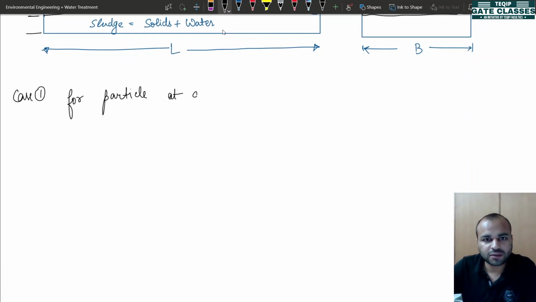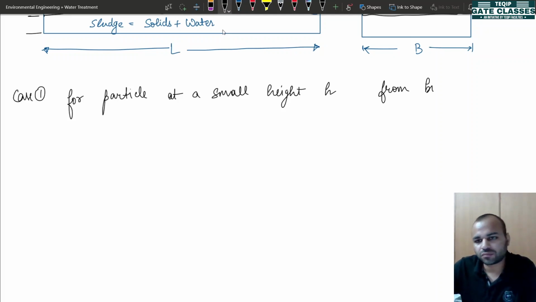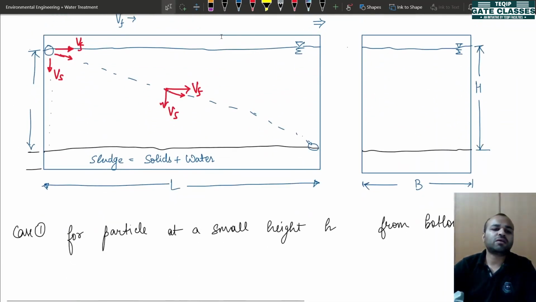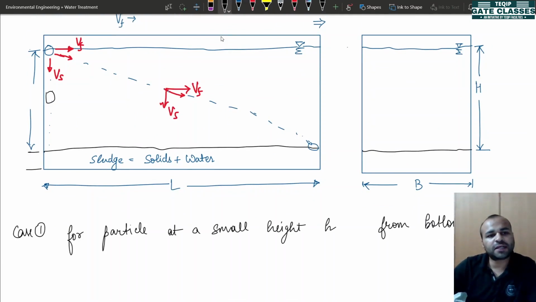at a small height h from bottom. By small height h I mean that small h is less than capital H. Now for the given same condition, if there is a particle which is at a height of small h,